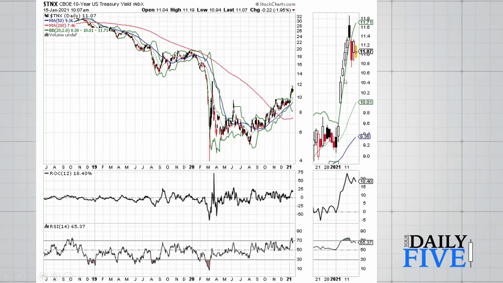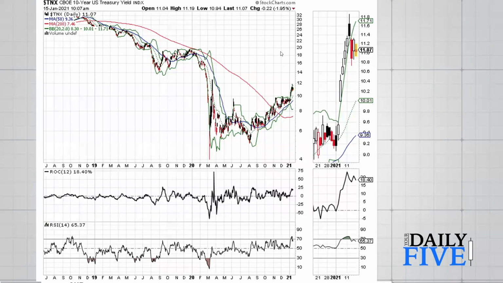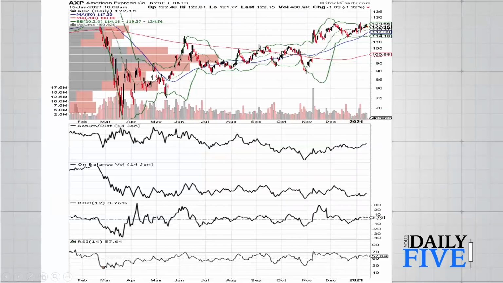The big thing here is that interest rates went too far too fast. They're above the upper Bollinger Band. They've come back in. But if we don't get a fall below 108 on the 10-year note, get ready for interest rates to probably have another leg up. That's important because we have to see how the stocks in the stock market behave if that continues.